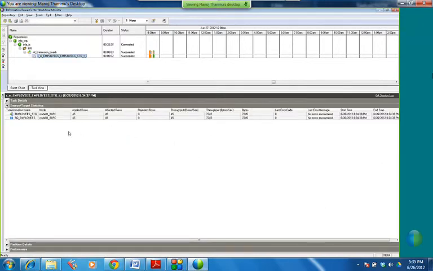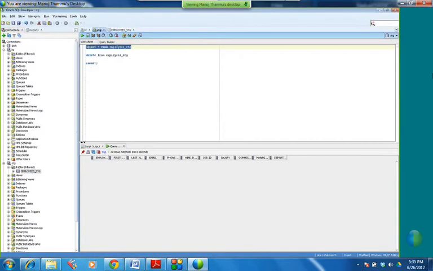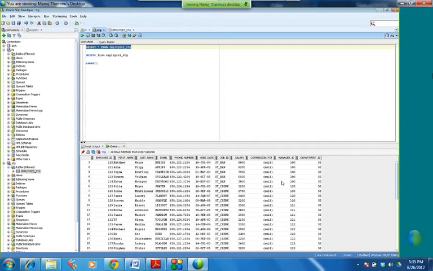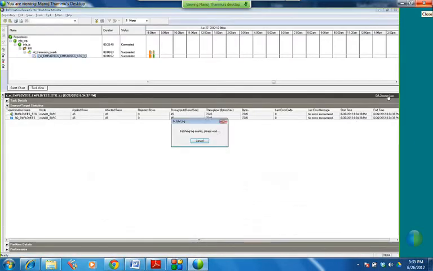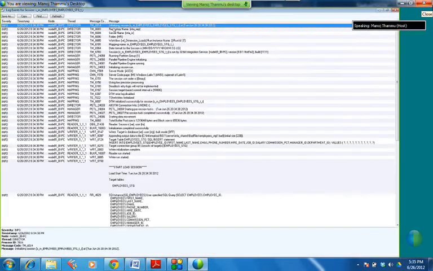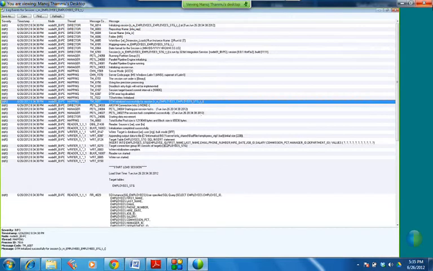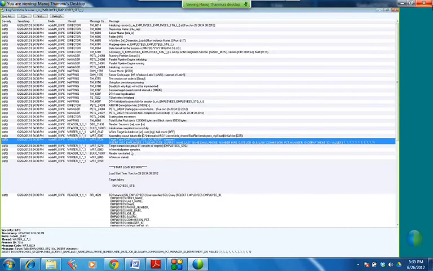So how many records are there for the department ID equal to 50? I deleted the records and I loaded the records. So there were 45 records for the department ID equal to 50. So let us go to the session log and look at it. See, after the DTM is initialized, it was reading this query.